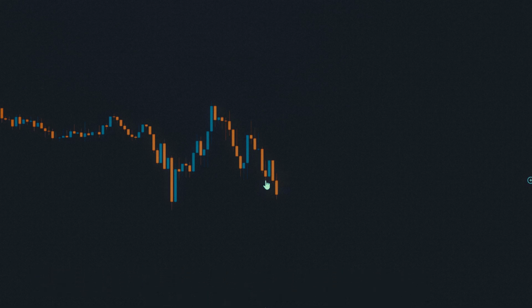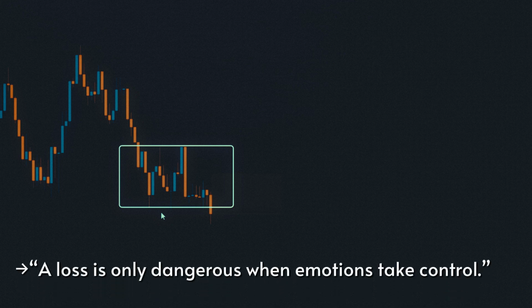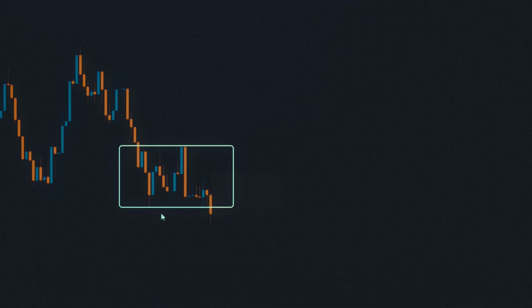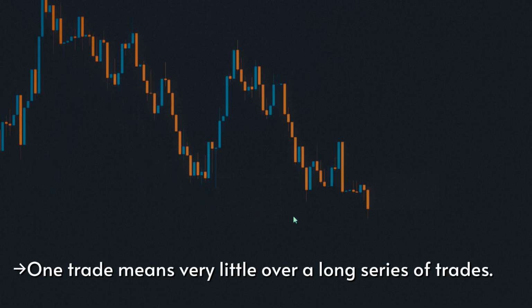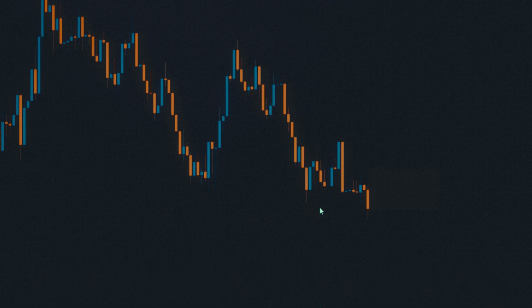This really says it all. You could give two traders the exact same winning strategy. The one who has mastered their emotions will make money. The other one won't. It's that simple. Your success over the long run is a direct reflection of your mental discipline. So how do you do it?